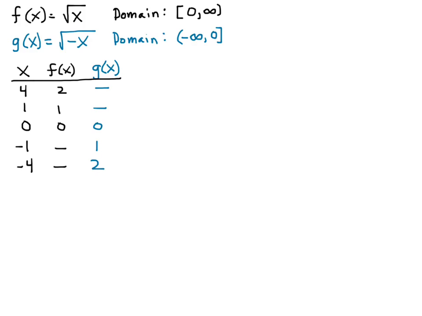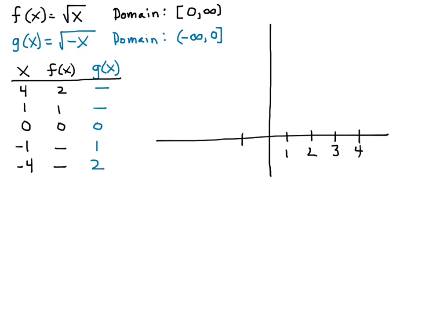And so oftentimes you have to extend this table where you say, okay, I can do this 4, 1, and 0 conveniently. I can take the square roots of those, but I can't take the square roots of these. But since I'm doing a reflection here about the y-axis, I have to transform my domain to be the negative of the domain that I had before. So these values work, and if I draw that as a graph,